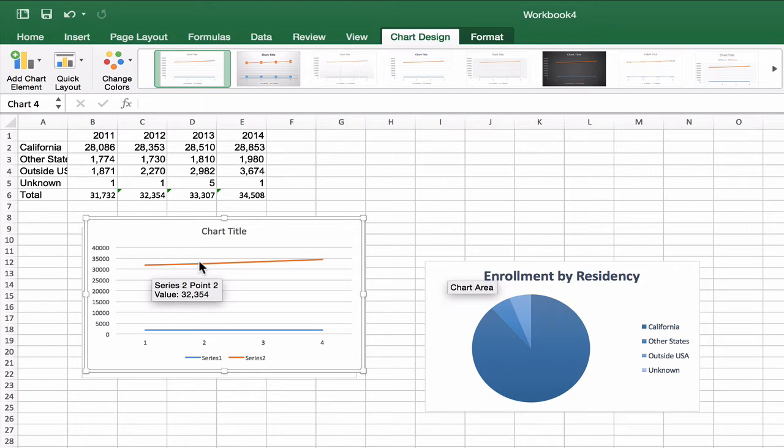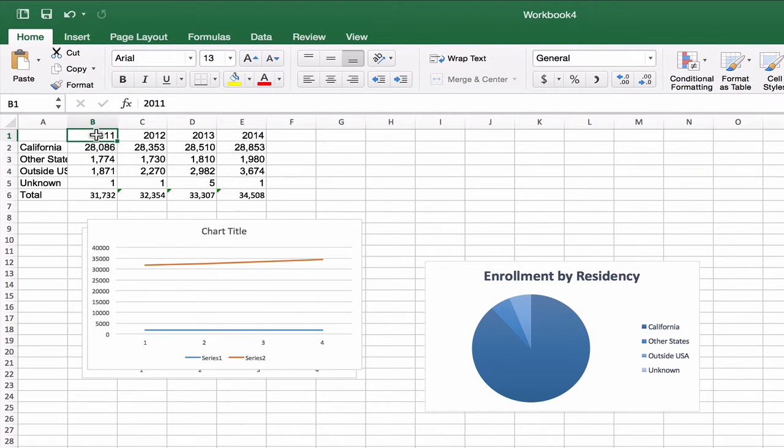We're going to have to force Excel to recognize 2011 not as a number. And this is a nifty little trick here. To make it recognize that 2011 is text and not number, I've single-clicked in the cell. I'm coming up to the formula bar, and I'm single-clicking right before, to the left of the 2, and I'm going to type an apostrophe. The single apostrophe, not the double quotation marks, the one that's right next to the enter or return key.